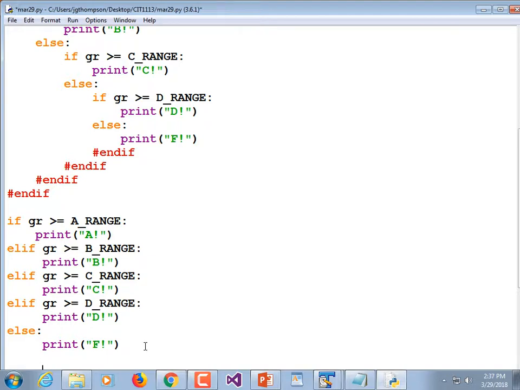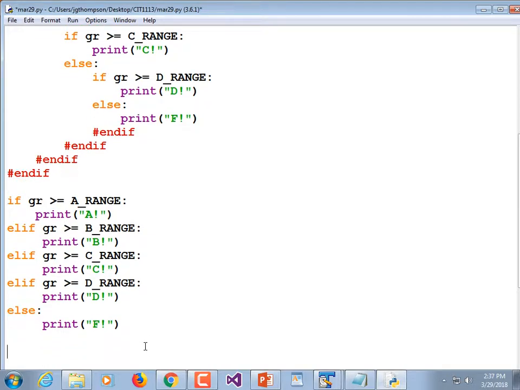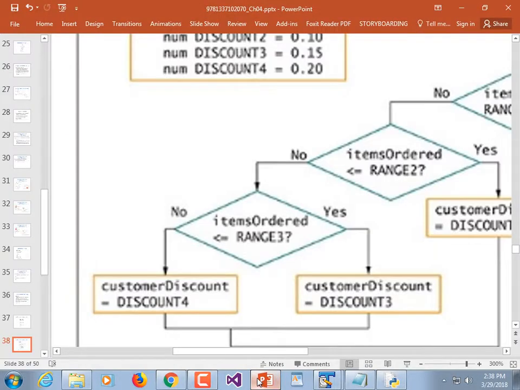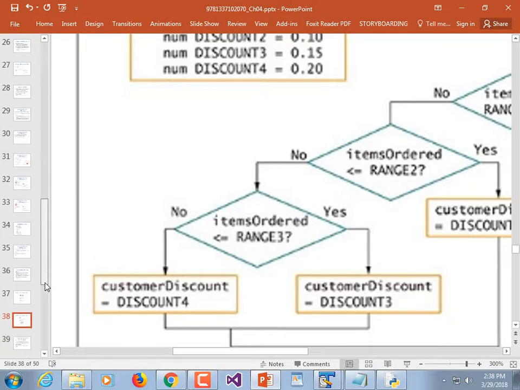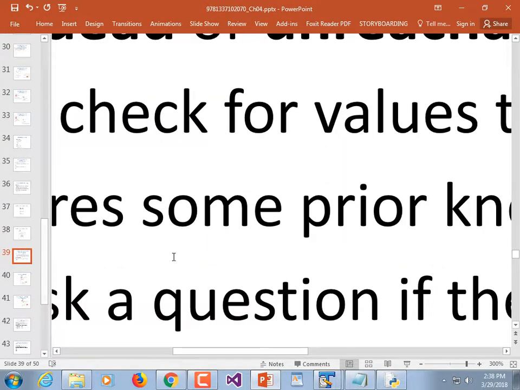Has everybody got this copied, pasted, and edited? If not, slow me down. I don't hear typing, so I think we're good. Check the PowerPoint. Let's see what's next. Well,